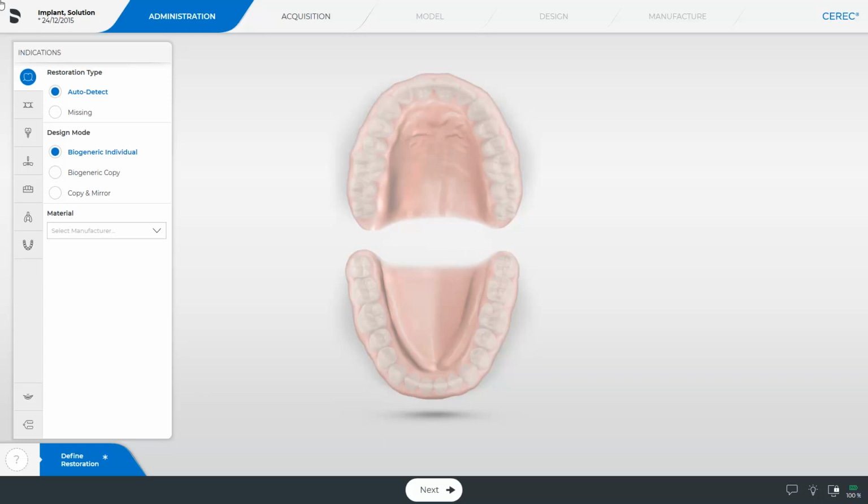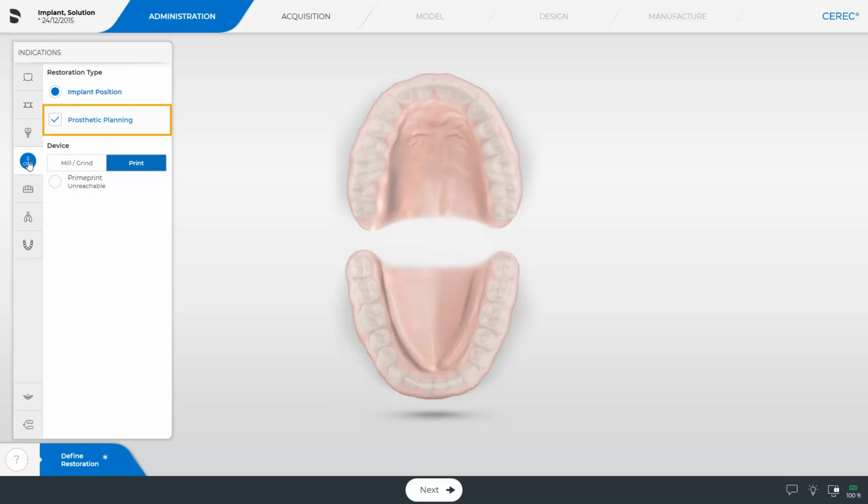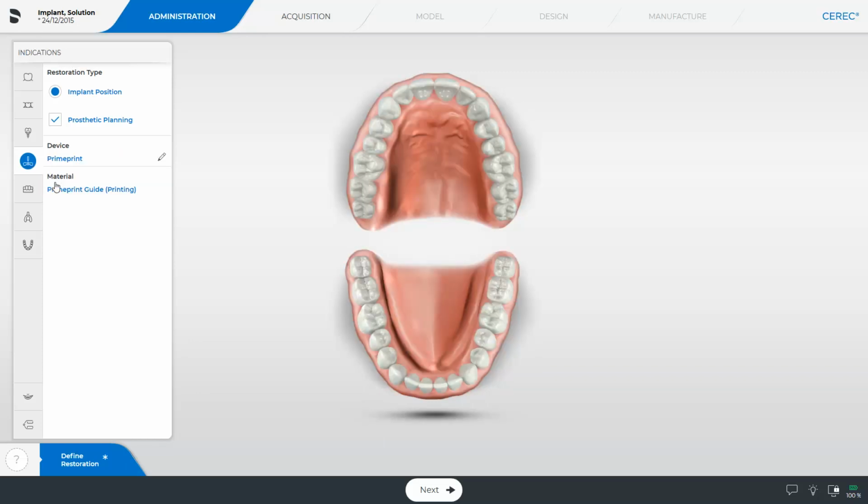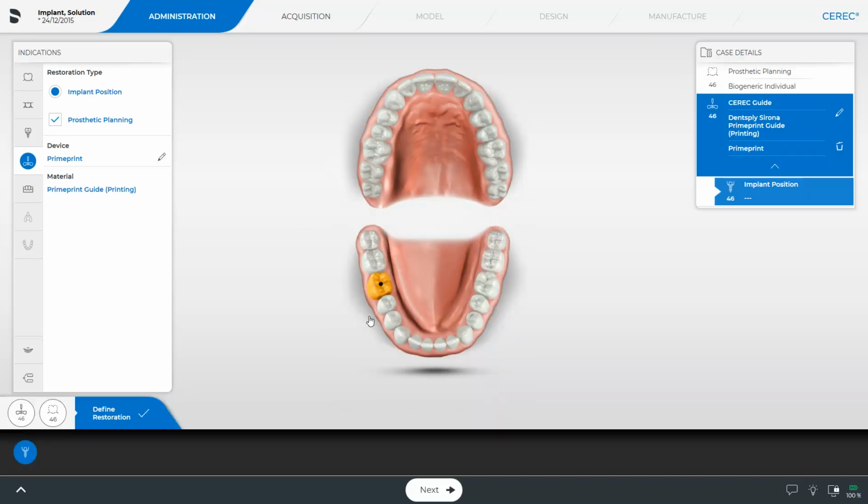We start in the administration phase and select the indication CEREC Guide. In the window under Restoration Type, the check mark for prosthetic planning is already placed. Below, Primeprint can be enabled from the Print device selection. Next, we tap on the corresponding tooth position in the odontogram and move on to the next phase, the acquisition